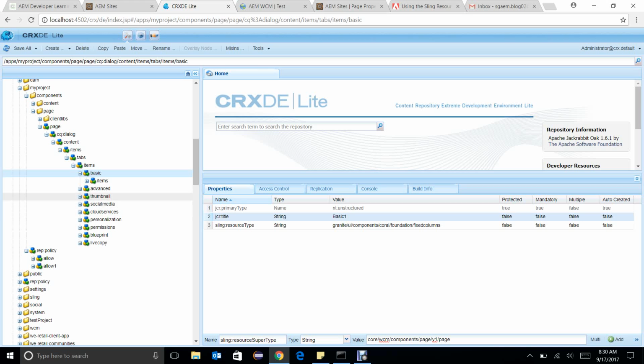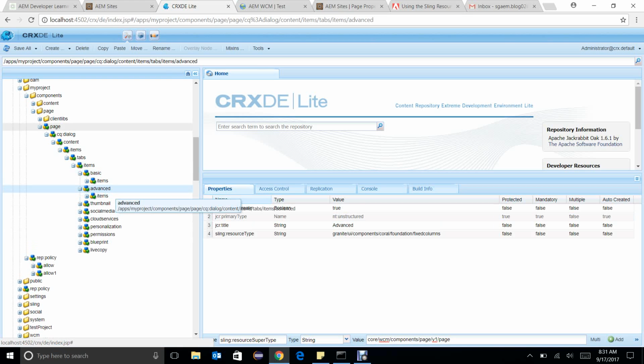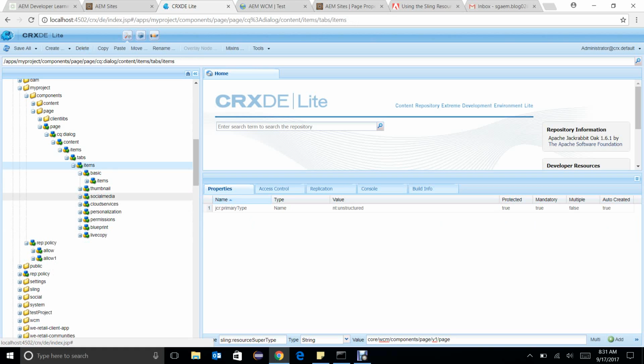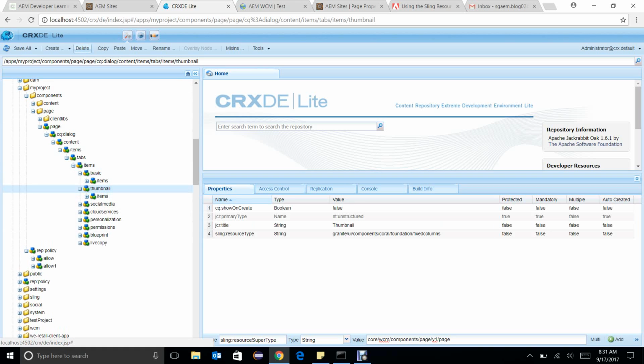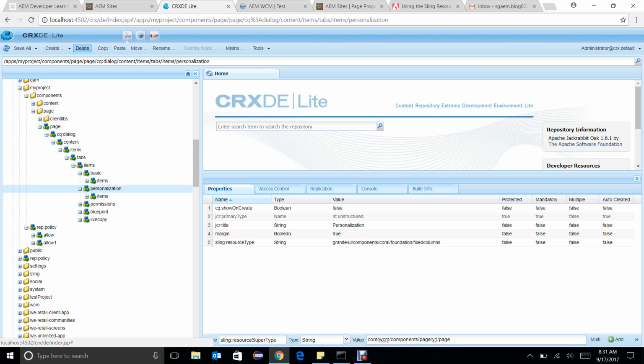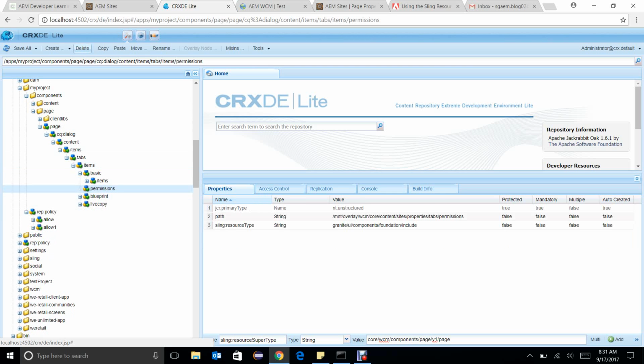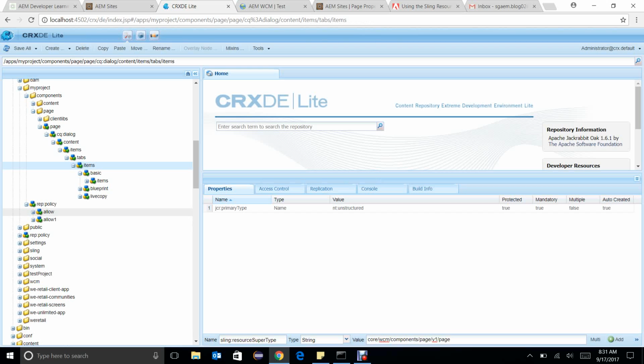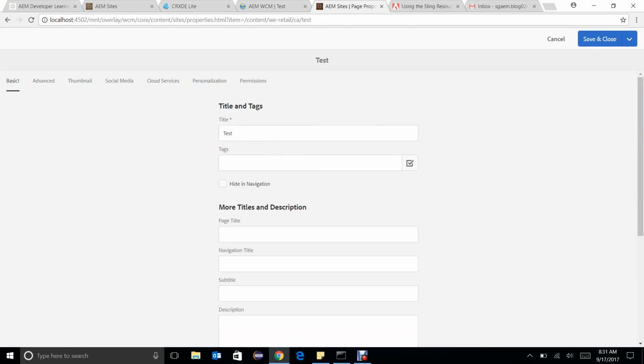But one important thing here: do we want all these particular options also? I don't think so. We can delete them because these are already available in my Sling resource super type, in my parent class. There is no need for duplicacy of all these things. I'm not deleting blueprint and live copy for my further examples.